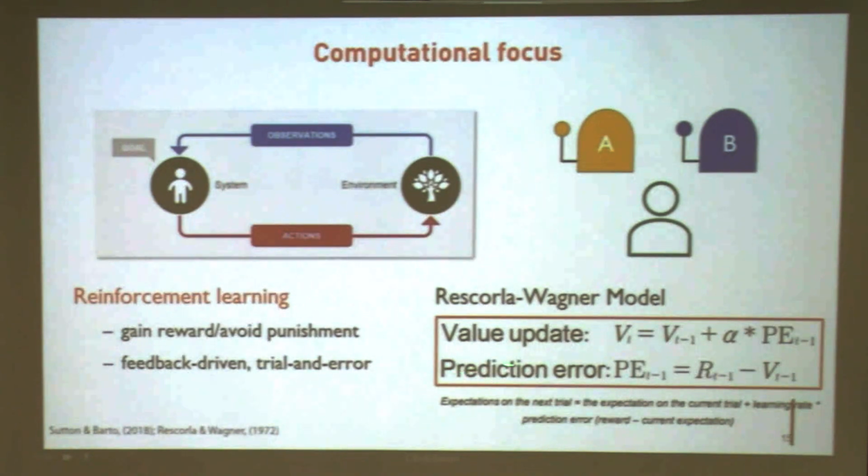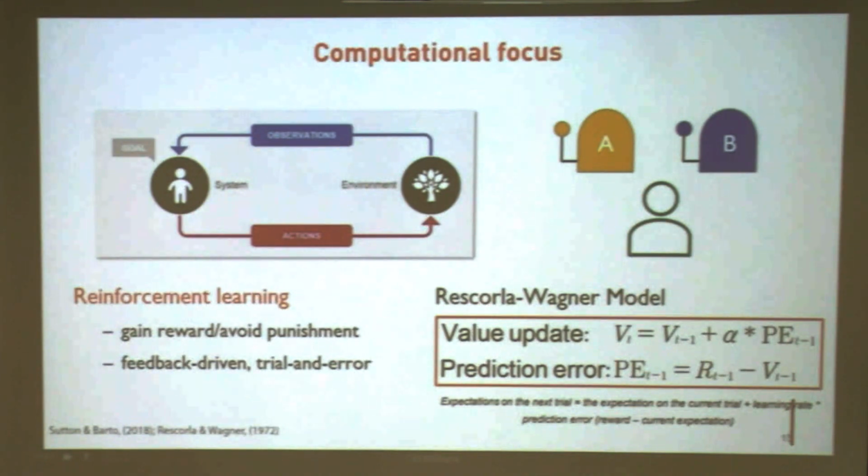One idea is that there will be something called a reward prediction error, which is the difference between what you get and what you expect to get. I think maybe this doesn't make sense. Let me explain that to you. So I give you two choices. You're about to make a choice between one of the two. In the very beginning, maybe you have no idea which one is better, which is worse. Maybe in your mind, the value of option A and the value of option B are the same. They're equal. And then you will be making a choice between the two.